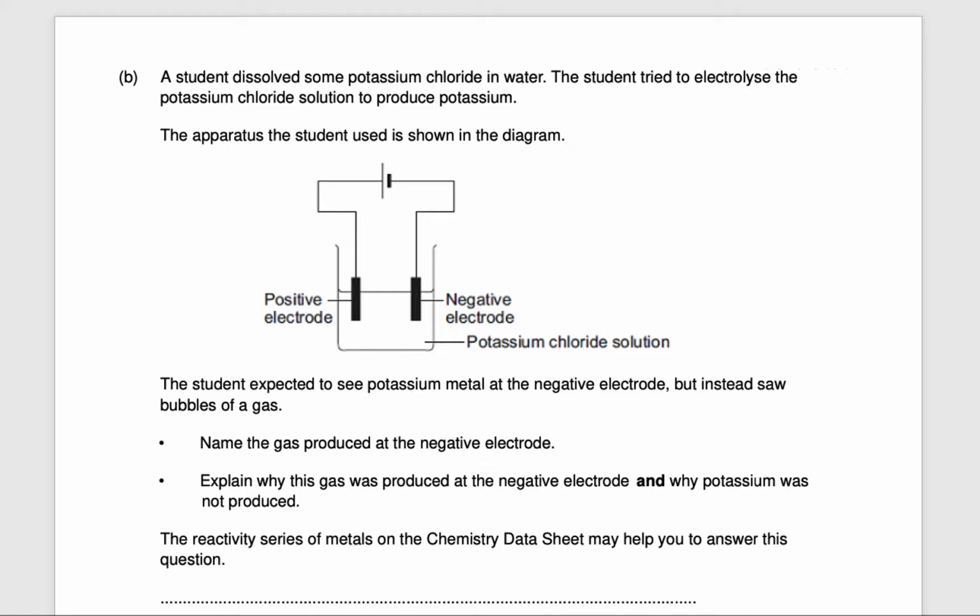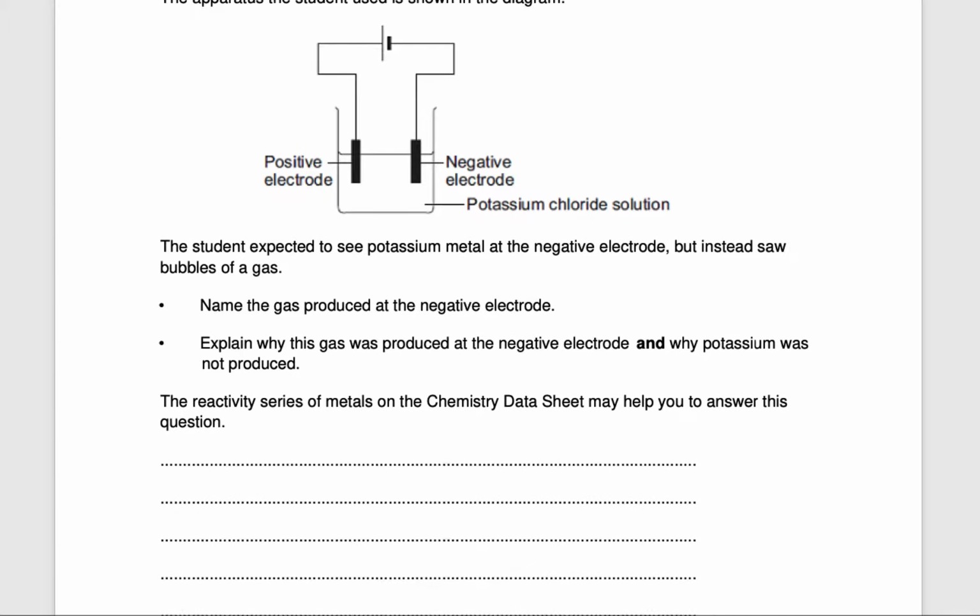Our first exam question states, a student dissolved some potassium chloride in water. The student tried to electrolyze the potassium chloride solution to produce potassium. The apparatus the student used is shown in the diagram. The student expected to see a potassium metal at the negative electrode, but instead saw bubbles of gas. Name the gas produced at the negative electrode and explain why this gas was produced at the negative electrode and why potassium was not produced. The reactivity series of metals on the chemistry data sheet may help you to answer this question, and it's worth